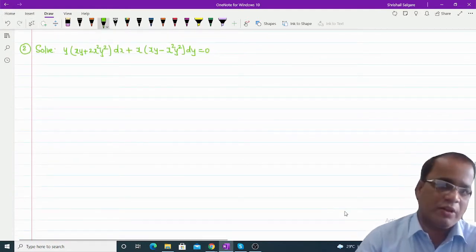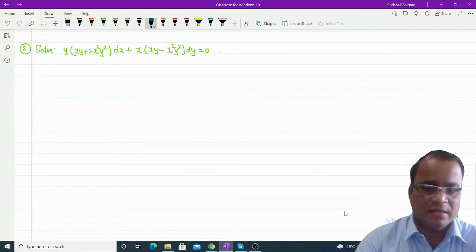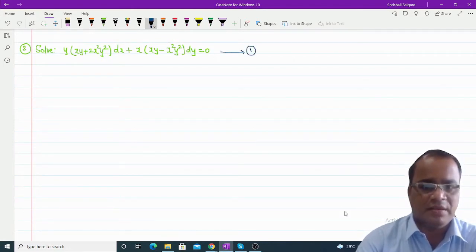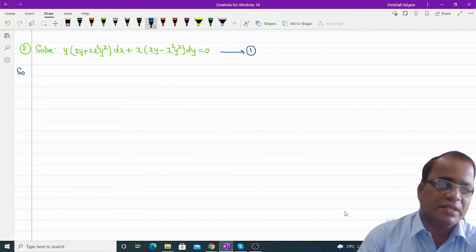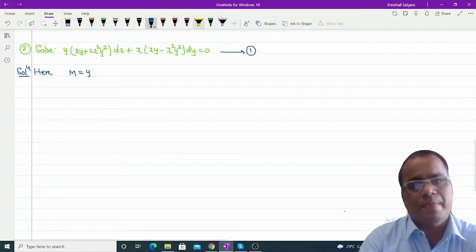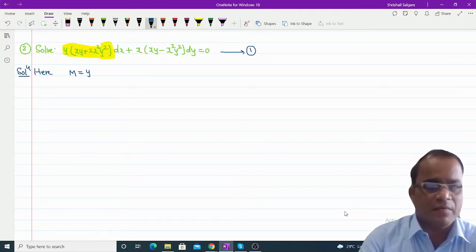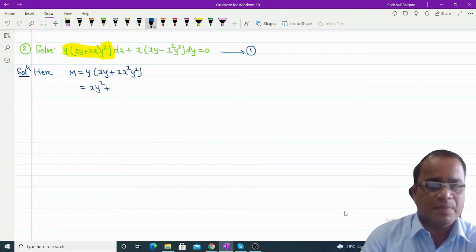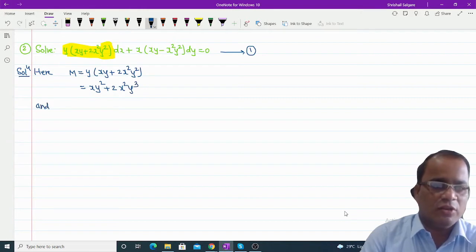Here I will not write M dx plus N dy like that. So directly I will call this equation number 1. If you compare this equation with the standard M dx plus N dy, then here the value of M is y into the coefficient of dx, we can say. This is your M. So M is given by y into (xy plus 2x square y square). Further it can be simplified as xy square plus 2x square y cube,